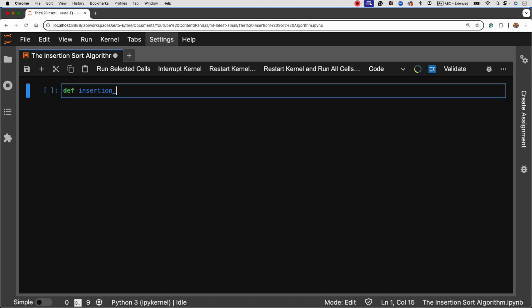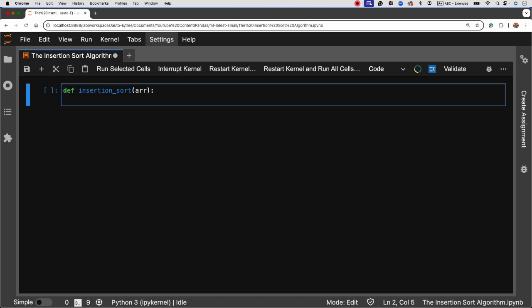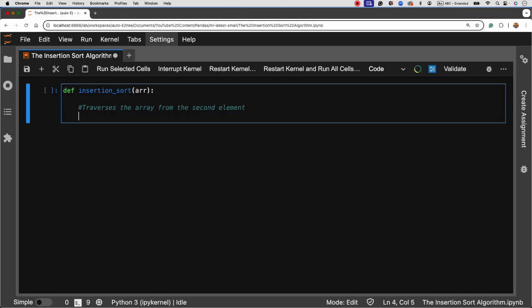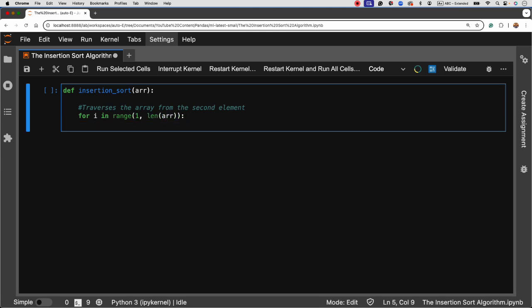Let's define a function, insertion sort, that takes in an array of numbers. We know for a fact that the insertion sort algorithm traverses the array from the second element. Because, if you remember in the video, the first element is considered already as sorted. That for loop will be for i in range 1 to the length of the array. In this case, we are always comparing the current value, and that would be the ith